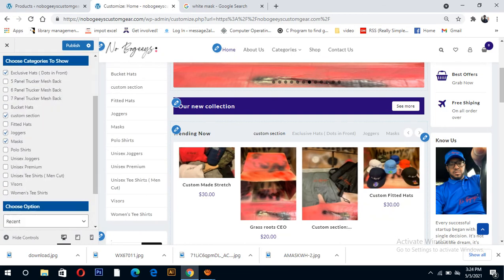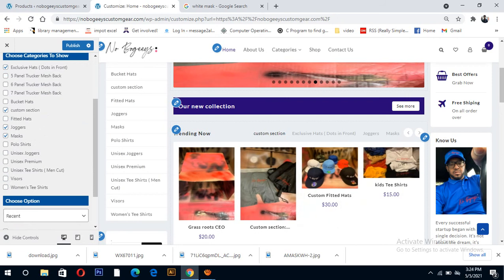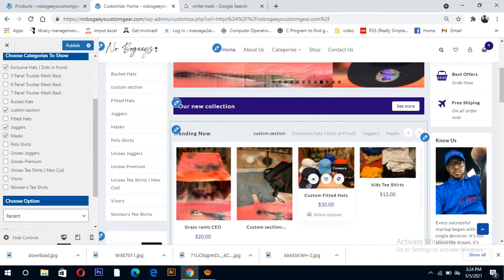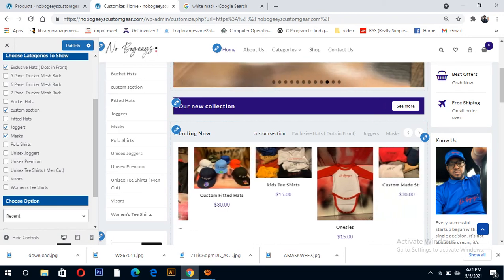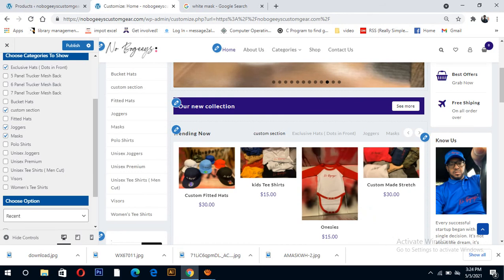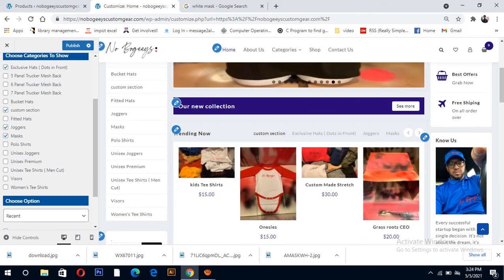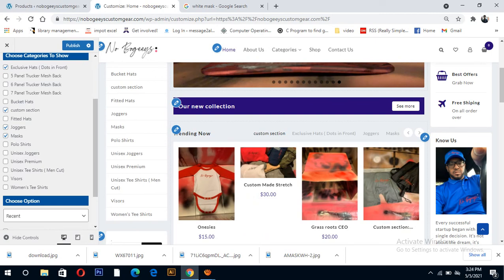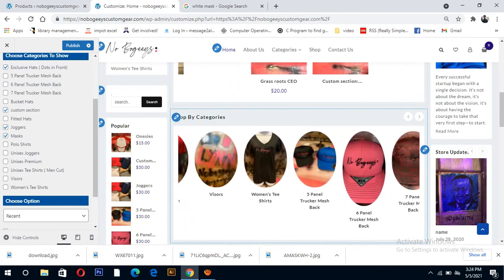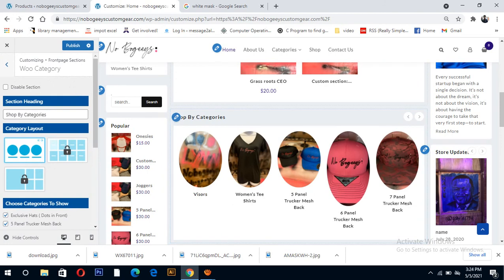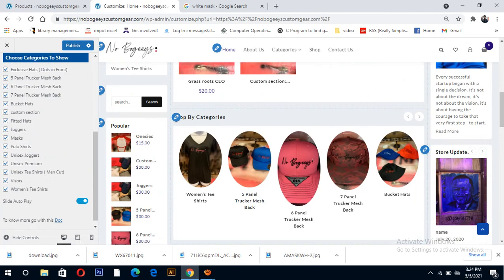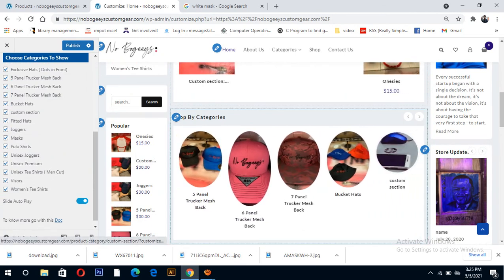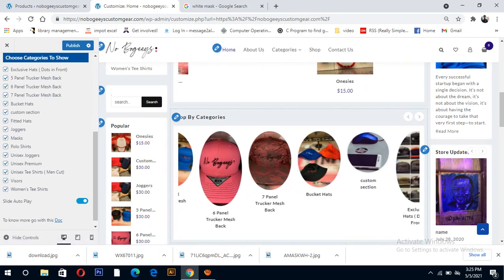Here is some category product. Whichever category you select, tick mark which category products are showing. If you want only one category's products, click one, otherwise if you want more categories, tick more marks and select more categories. This is sub categories, this is categories products. If you want only two categories or four categories showing, you can tick mark them.